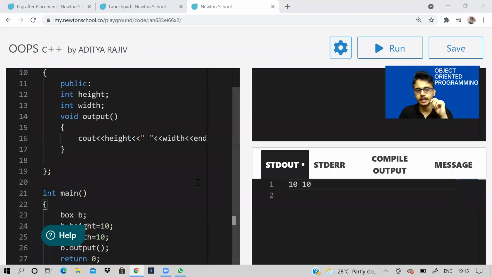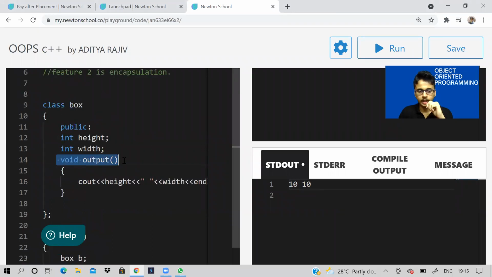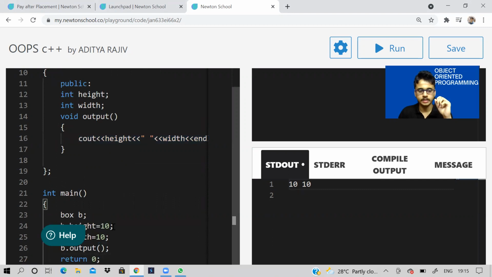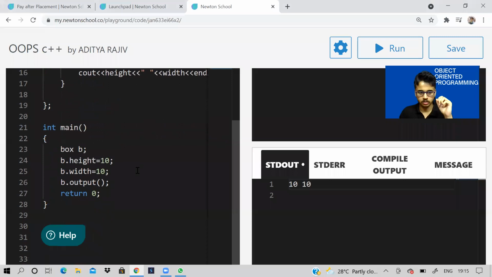So as you can see, if I run, it is going to give me 10, 10, because see, void output, what are we doing? We are printing height and width, and we have set our height and width to 10, and we are calling the output function using the dot operator.